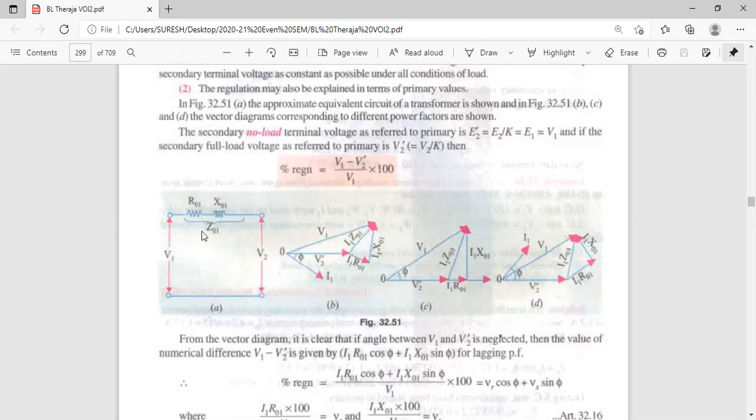Now I will define the regulation. So in your house, we are having TV. Are you using regulator? Nowadays, we are not using regulator. Inside the TV itself, regulator is fixed. Inside the TV, inbuilt, we are getting regulator. Ten years before, they were using a separate regulator for TV. Why were they using regulator for TV?